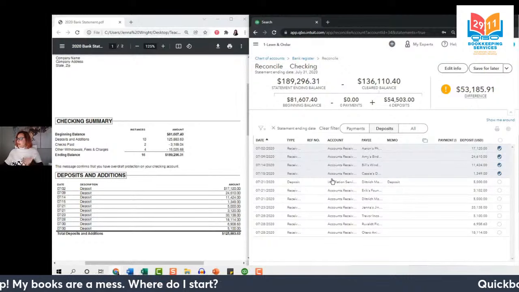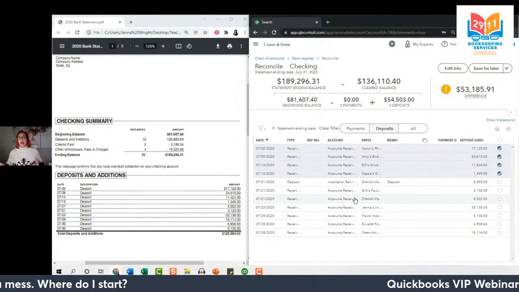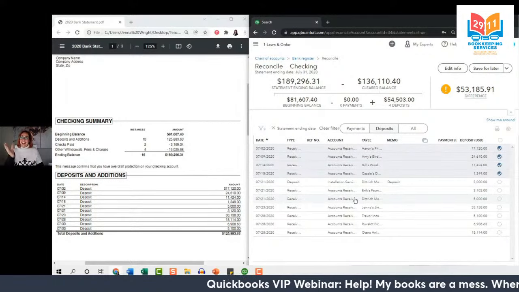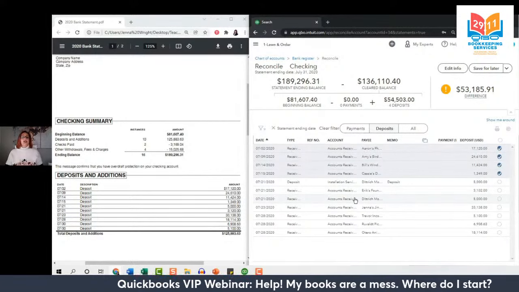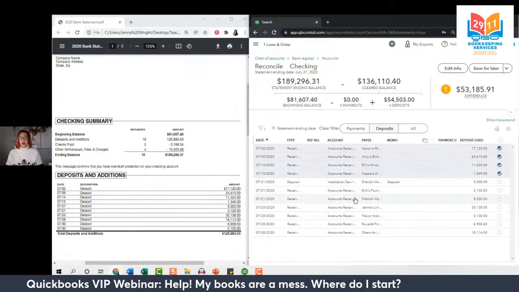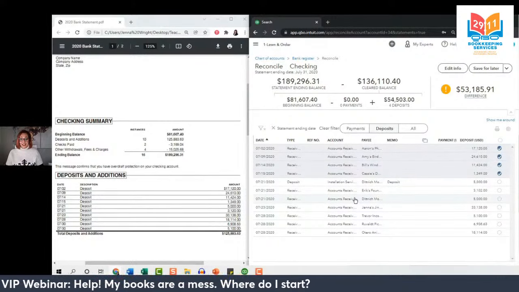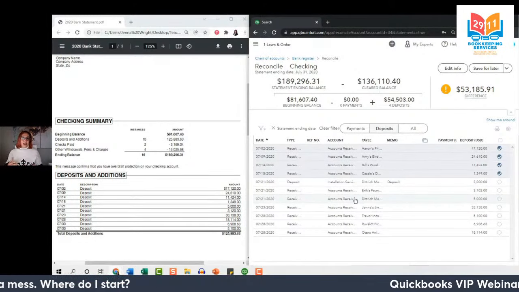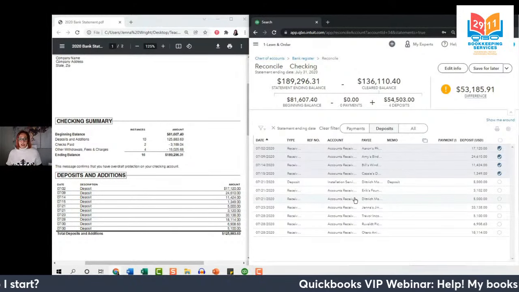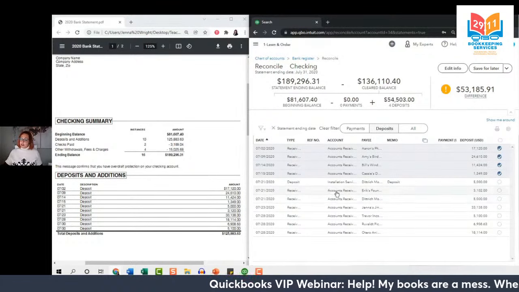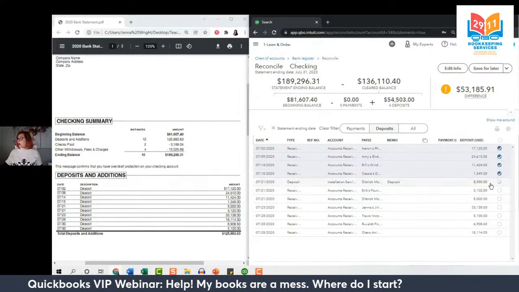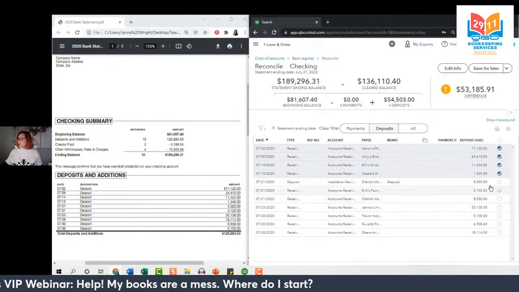Because those are both in the same amount, this is a red flag. When you're reconciling, if you even just get a hint of a red flag, you want to do some investigation. Because remember, we need this to be perfect. This is our source of truth. So anytime I see something that raises that red flag, I want to open up these transactions and dig a little bit deeper. If you can see on our bank statement, the $5,000 only appears once. So why is it in QuickBooks twice?